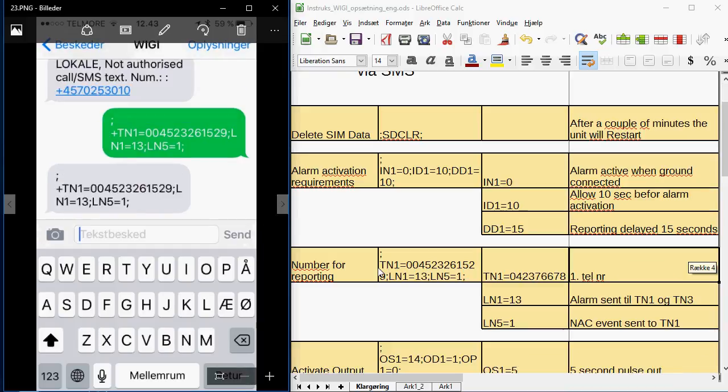The next thing I want to do is establish a number for reporting for all the reports, one of the 5 administrators in the system, that's TN1, by sending semicolon plus TN1 equals the telephone number I want to send from, semicolon LN1 equals 13, semicolon LN5 equals 1, finished with semicolon. I am telling the unit that the telephone number here is my telephone number for the first administrator,